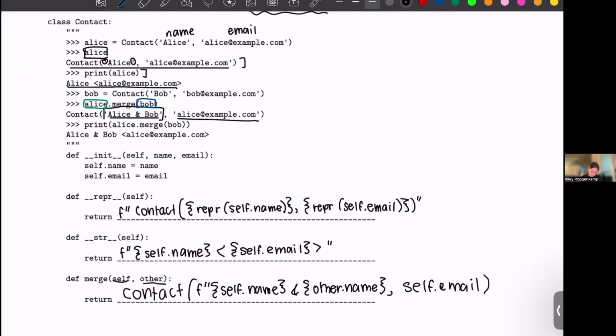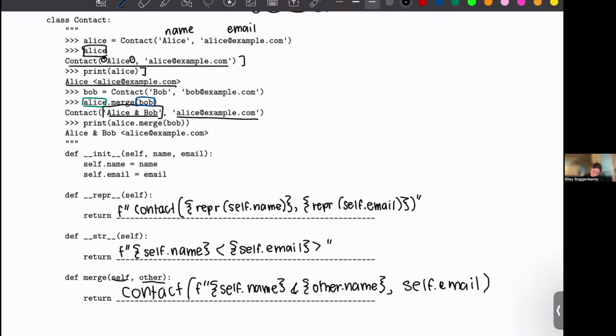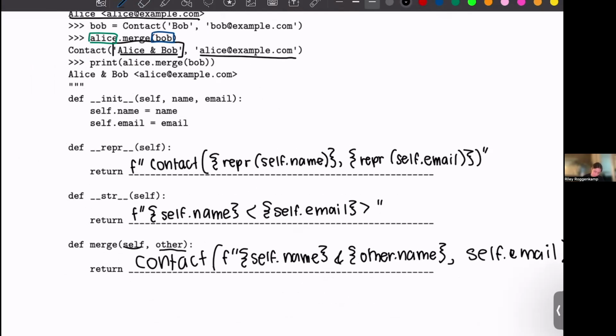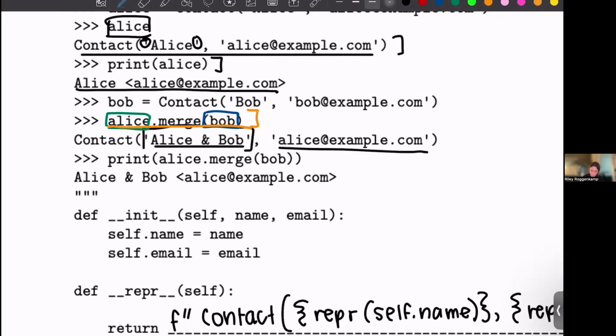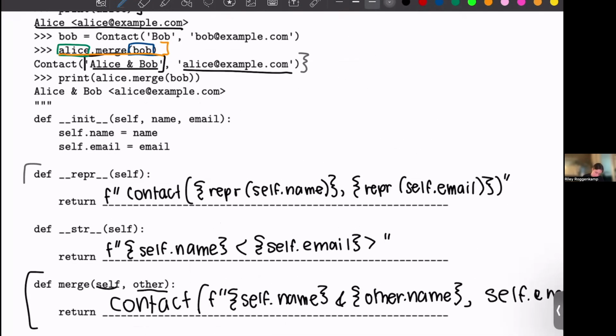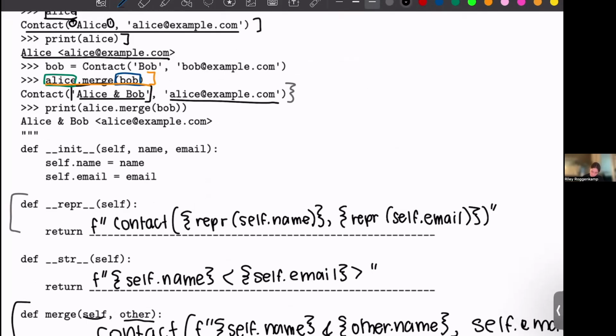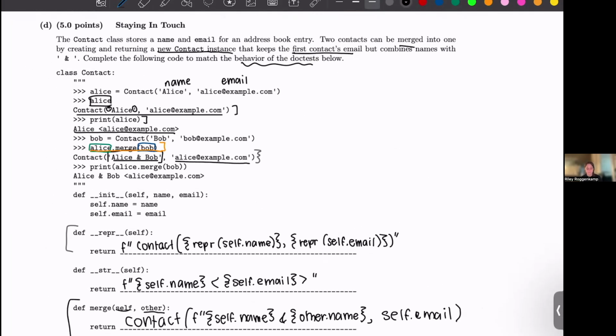And what's great about this is that because the thing we're returning for merge is a Contact instance, when we put this right here, it will inherently call repr and give us that result that we want. Because we've already defined our own custom repr function for Contact. Okay, that's